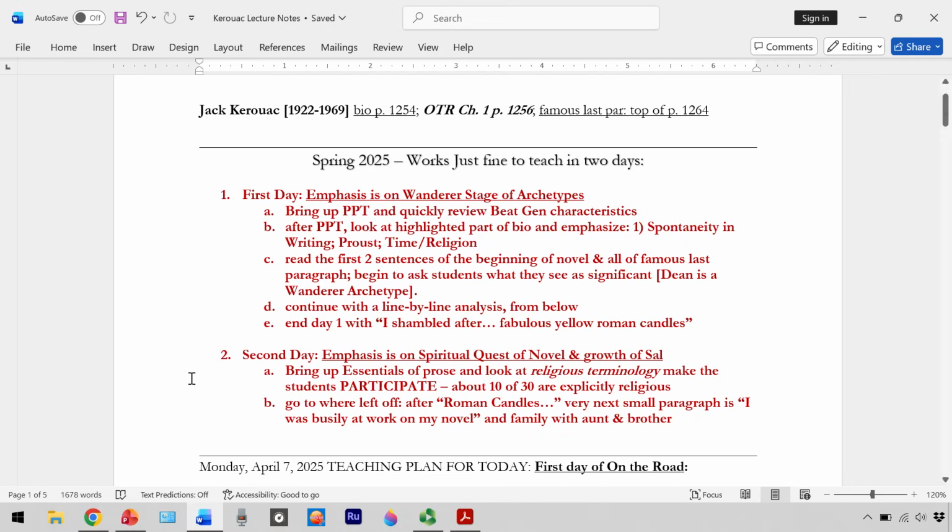And then what I might do at the very beginning of the second class is I would bring up what Kerouac wrote as his essentials of prose, and then just bring it up on the overhead, and the students will not have seen it before, have them look at it with me, and then ask the students what they think about it, maybe have them say which of these things are religious in some way,